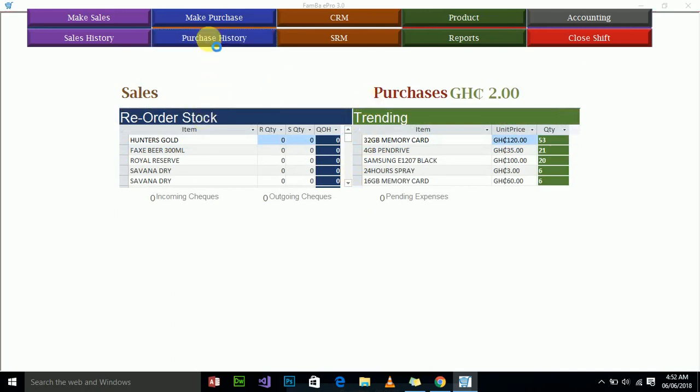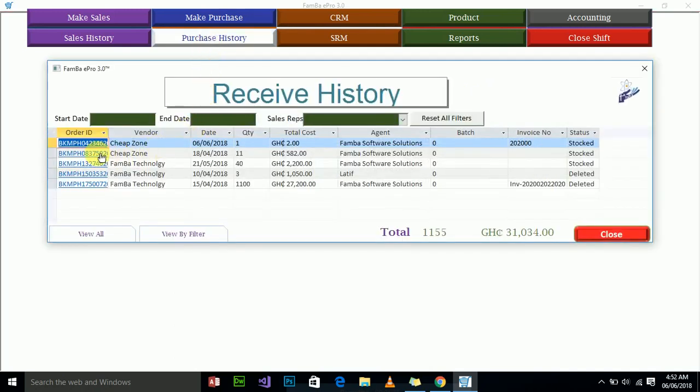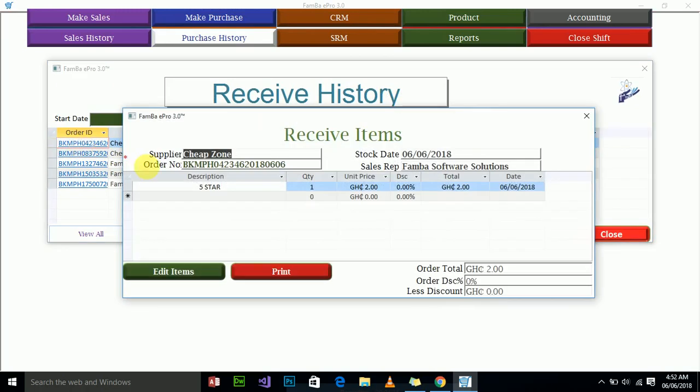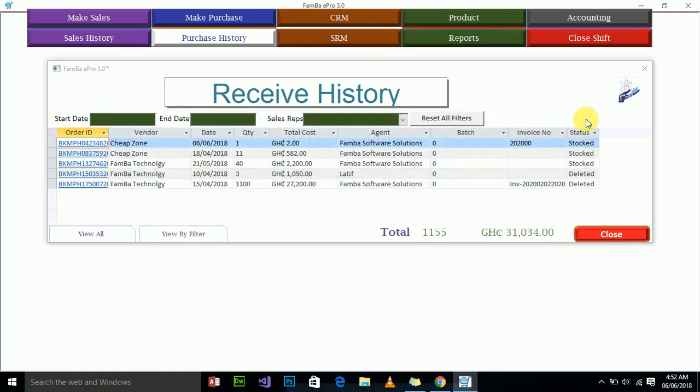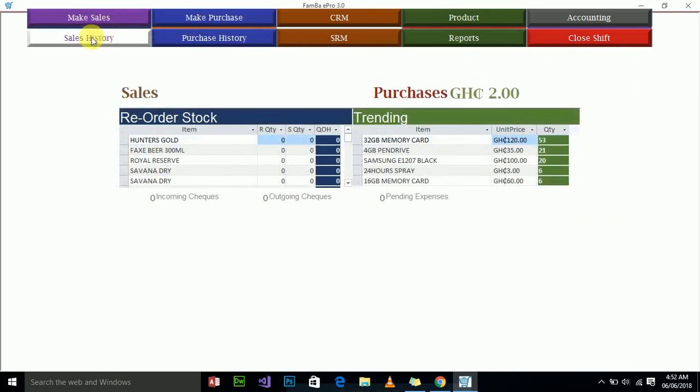Purchase history will also show us the purchases we've been making. If I click on today's purchases, these are the things that I actually purchased. Okay. So that is how purchase and purchase history works. We can also look at